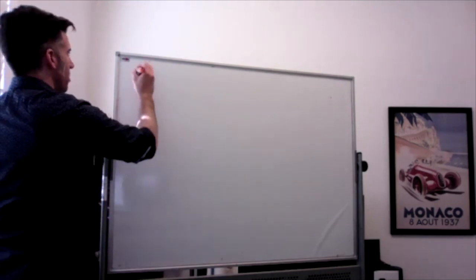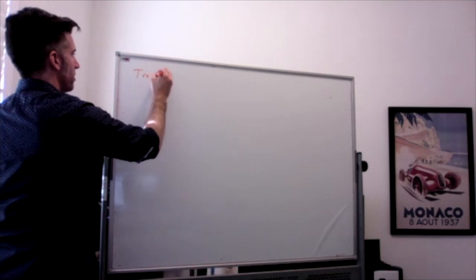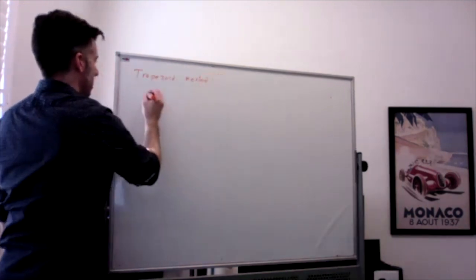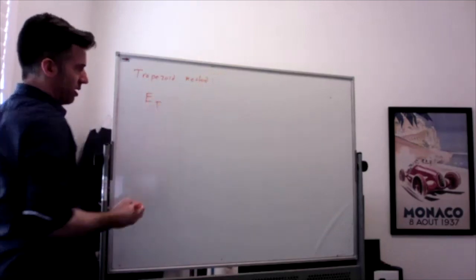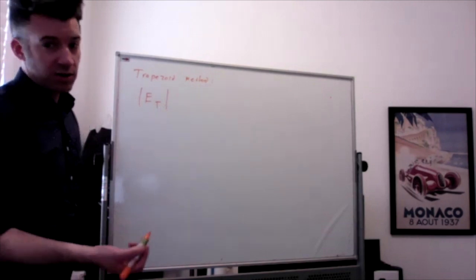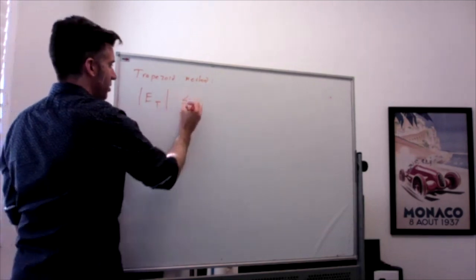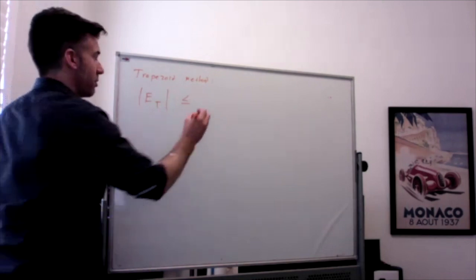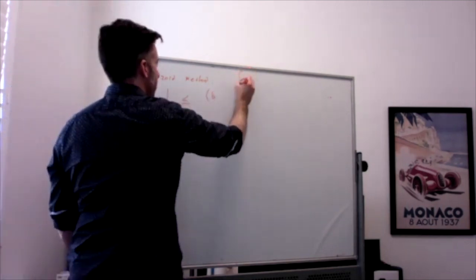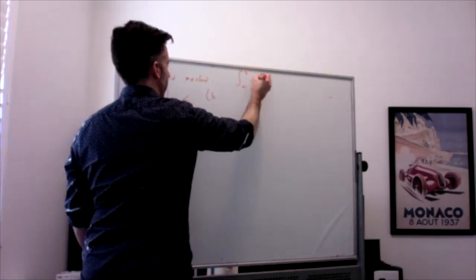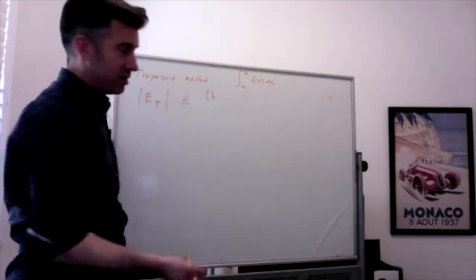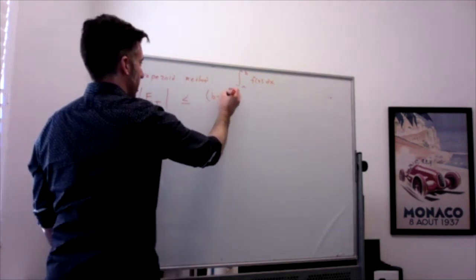So for the trapezoid method, the error using the trapezoid method in absolute value, so make sure it's always positive, is always going to be less than or equal to the following quantity. I should be a little more specific. For the integral from a to b of f of x dx, the error using the trapezoid method is going to be less than or equal to (b minus a) cubed